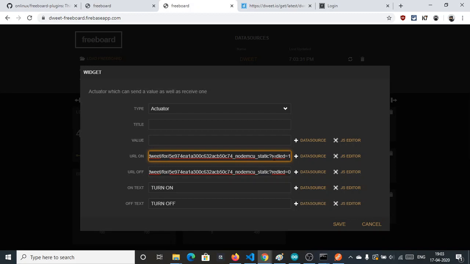So this is the URL on and URL off APIs. We need to make calls on changing our data.